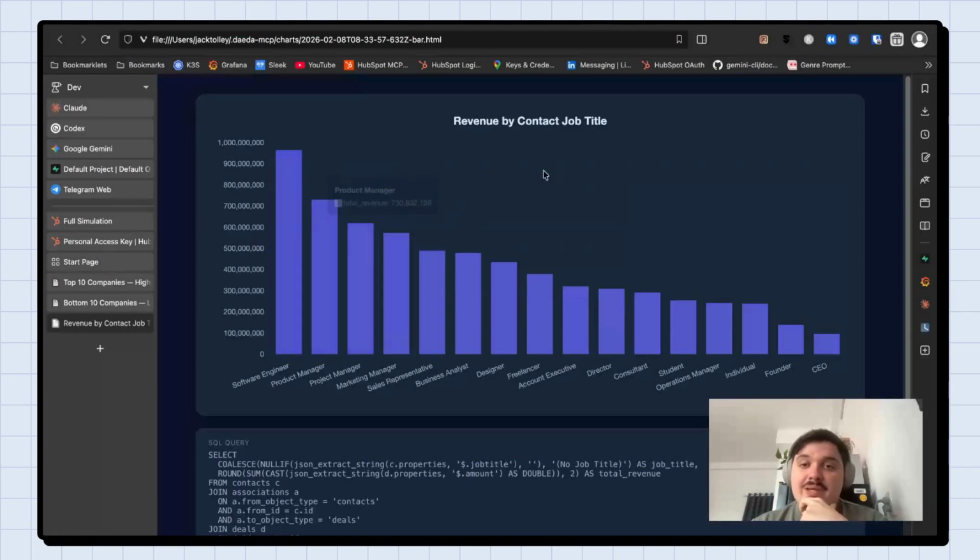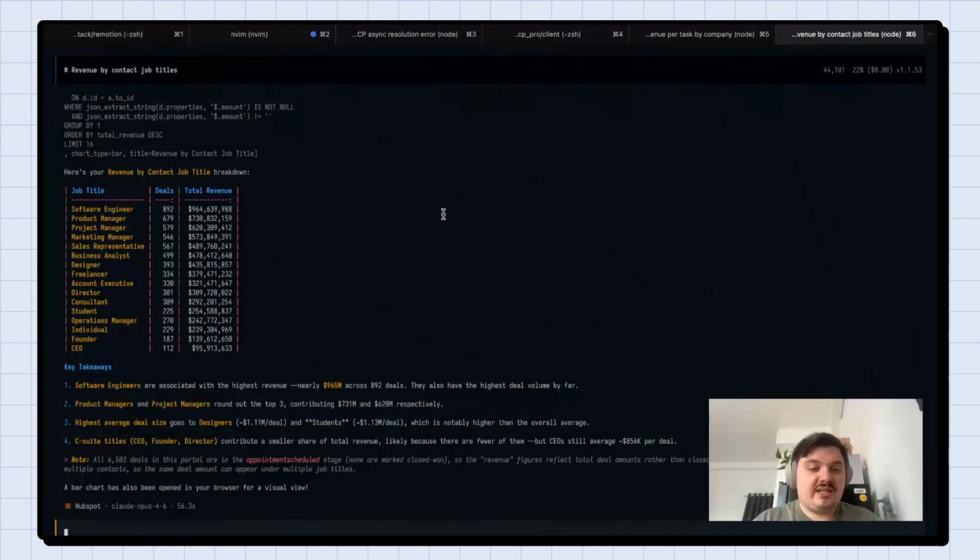And we can go to the other one and we can see it also throwing up a task. We can see for our revenue, broken down by job title, that software engineers bring in the most money when they're associated to a deal. Founders and CEOs, not bringing in so much money. But one of the coolest things is because we're working in this chat interface, I can say, oh, okay, that's